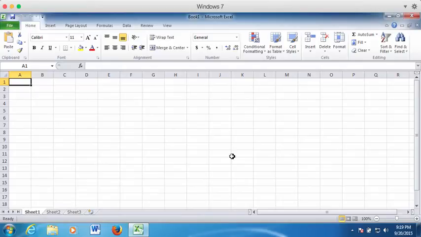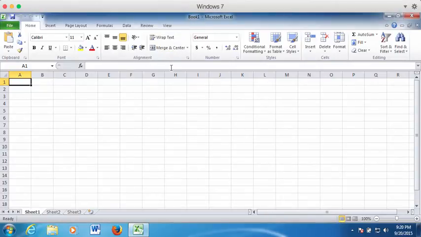Welcome. We're going to take a look at Microsoft Excel and some of its basic features for lawyers and what it can do. First thing to note about Excel is how it handles data entry a little bit differently than most programs. As you can see, when you open up a blank Excel spreadsheet, it opens up a Book number